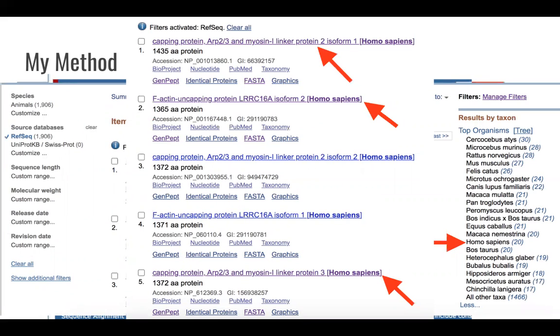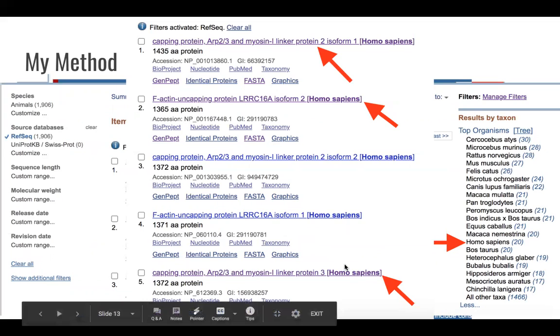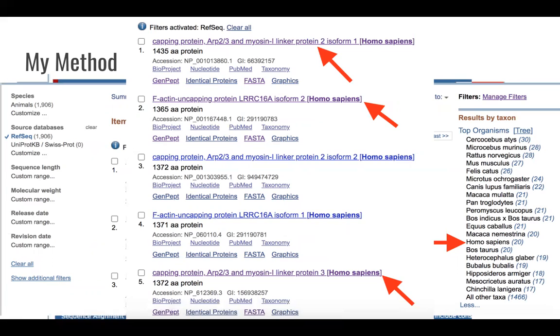And as you can see at the top, that's the protein that I chose. And below that is actually a protein known as Carmil 1. And at the bottom, that's a protein known as Carmil 3. So these are all different proteins, but they contain the Carmil C region, and they're all a part of the Carmil family of proteins. I save all three sequences into a text file for my multiple sequence alignment,